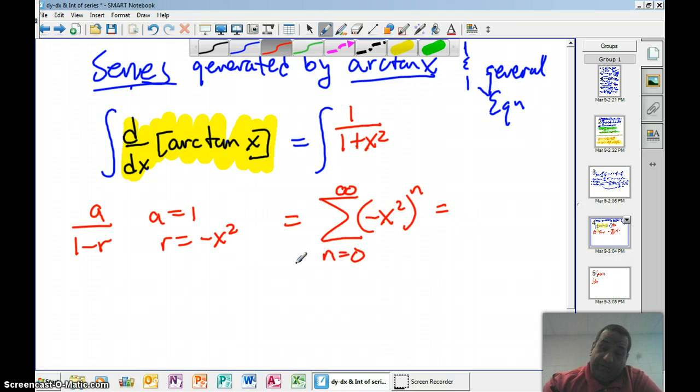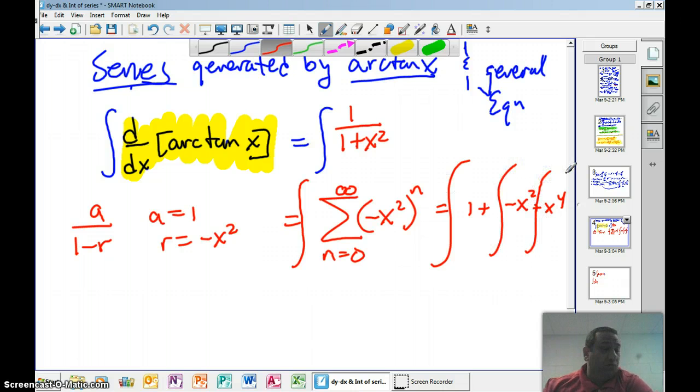Remember, it's the integral of that, so I still want the integral of that stuff. I didn't take the integral away, all right? So it's going to be equal to 1 plus negative x squared plus x to the 4th. But remember, I want the integration of these. Maybe I want to integrate each one separately to lead me to a general equation here. All right, so when I integrate, I get, in green,